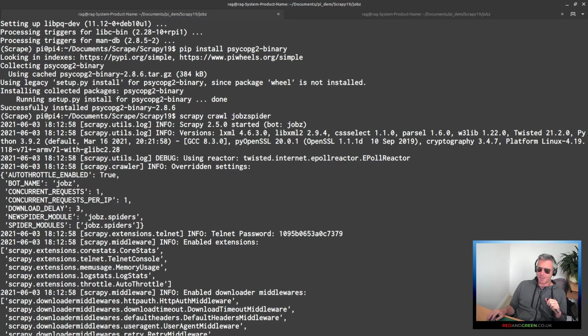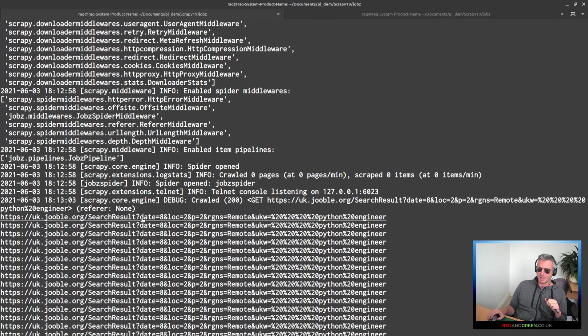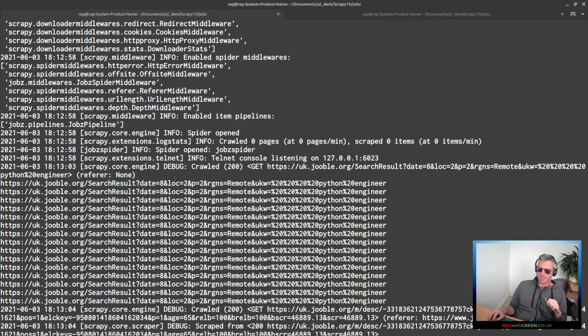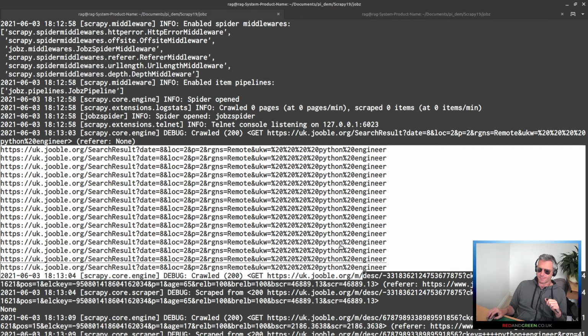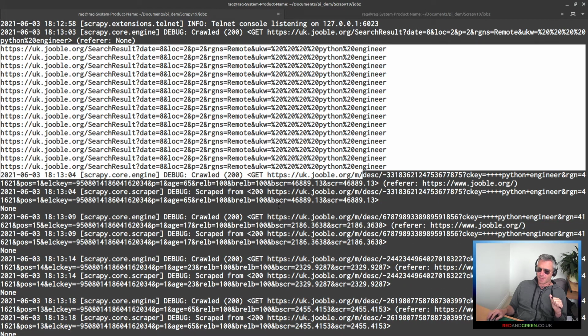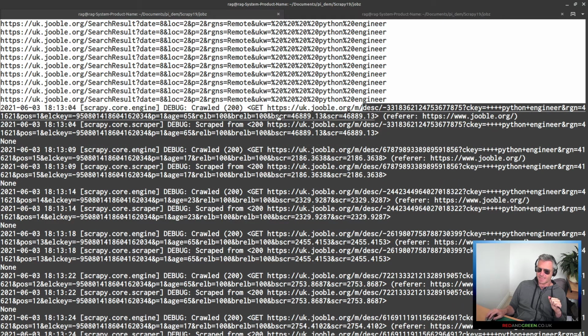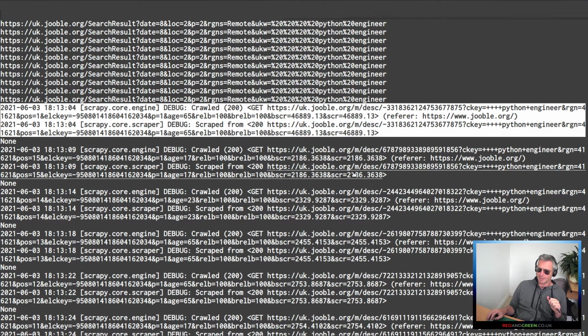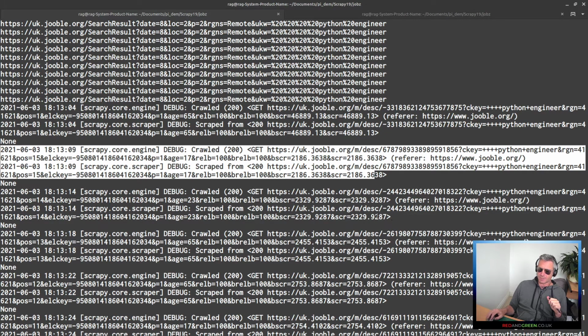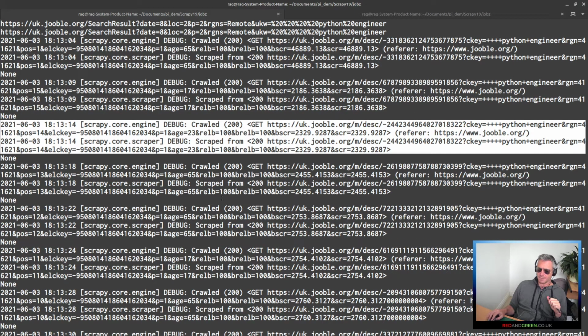crawl job spider, Scrapy runs, and believe it or not, Scrapy gets all of these URLs with pass, and then it goes down to pass details, and then each one of these is a job listing. And from the job listing, I'm extracting the text. And what I'm doing is I'm picking out,